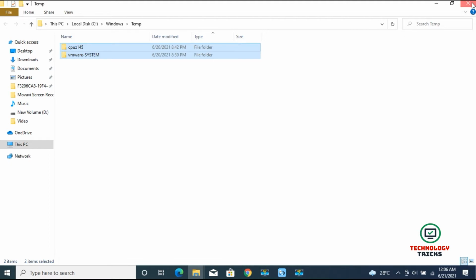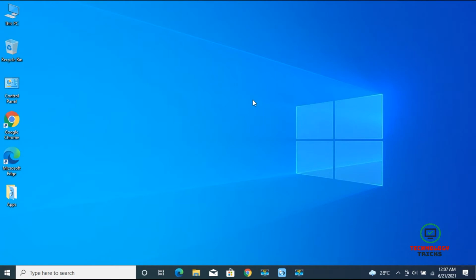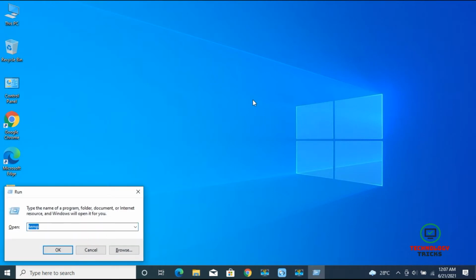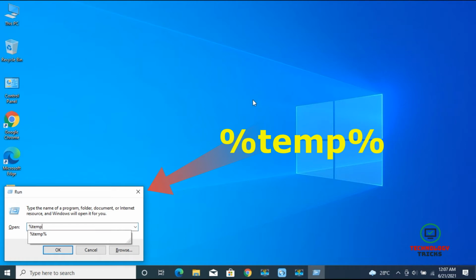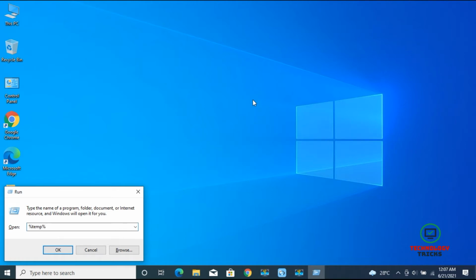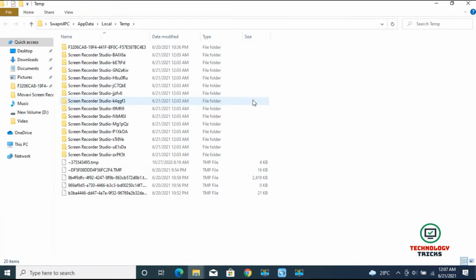Okay, so just close this. Again press Windows plus R, type %temp%. Okay, click on OK now. Yep, so we got a lot of files here. These are all temporary files which are not used by Windows, and some files are used by Windows, so no issue.